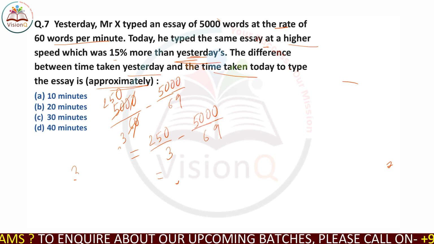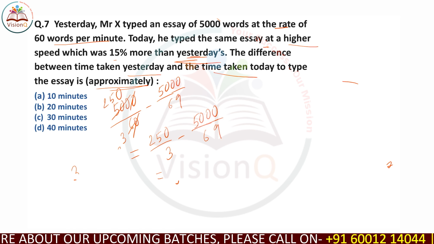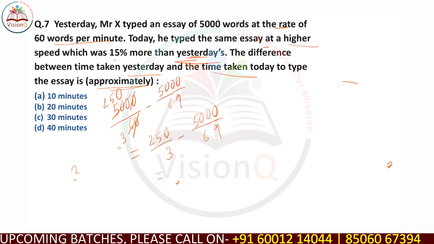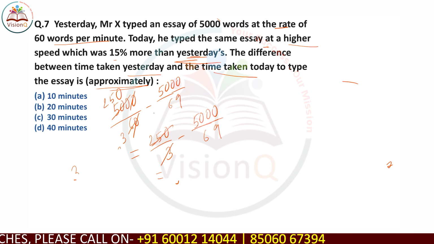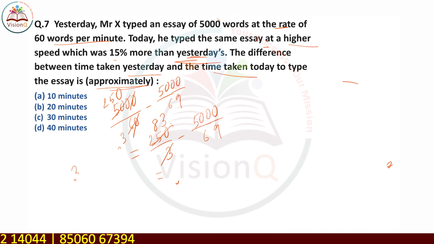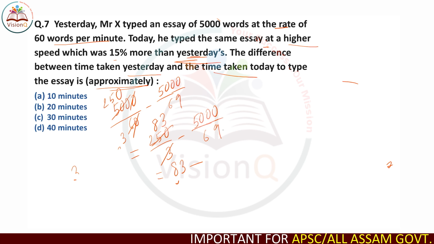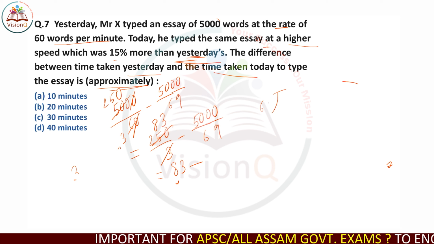It is asked to find the value approximately. Now if I divide 250 by 3, 3 8s are 24, 3 3s are 9, so 83 point something, minus 5000 by 69. If I divide 5000 by 69,